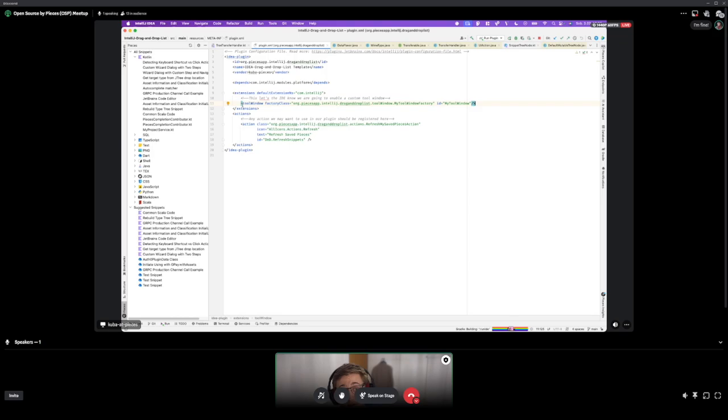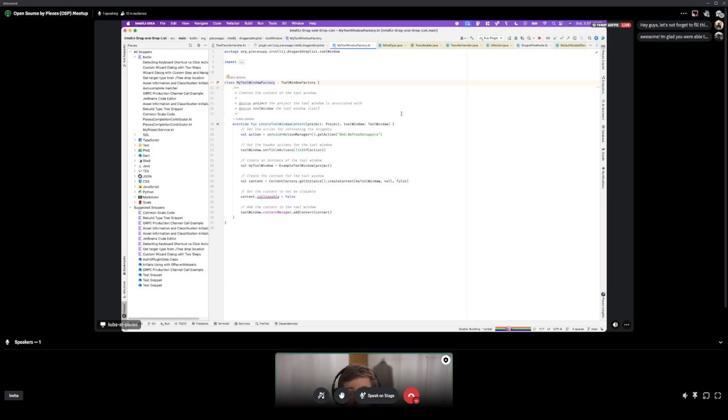Basically what we need to do is to declare a tool window in our extension, in our plugin descriptor file. It has an ID, and that also is a thing that is included from the get-go when you clone the plugin template from the IntelliJ open source repository. So that's a nice thing. You don't have to type it yourself. You have it pretty much ready to go as soon as you clone the repo. And so it also has the tool window factory class already baked in.